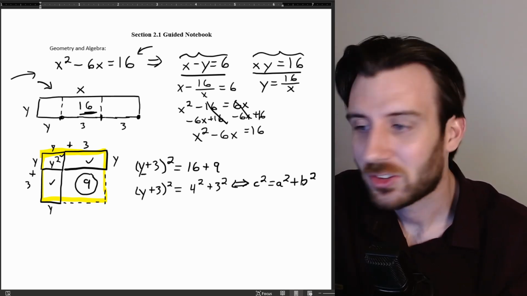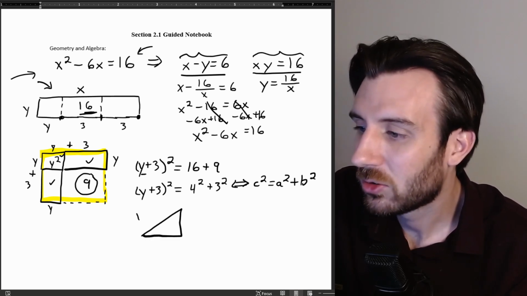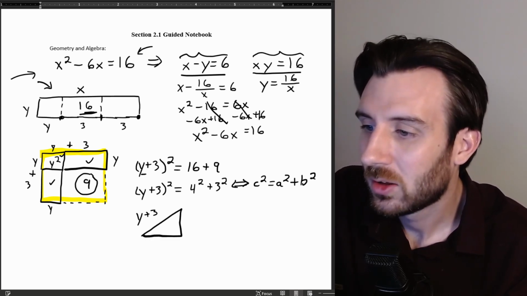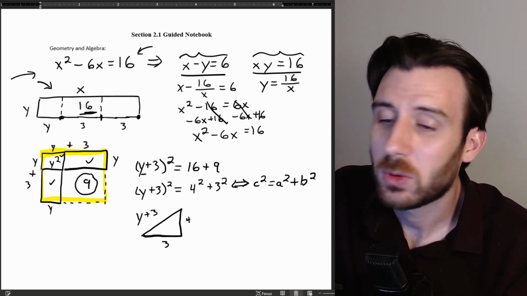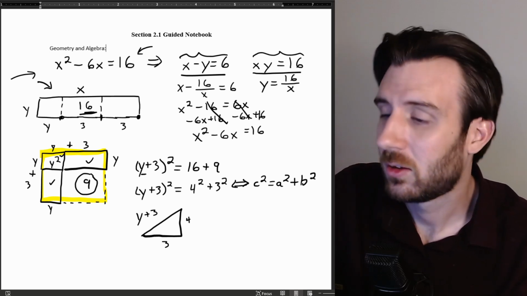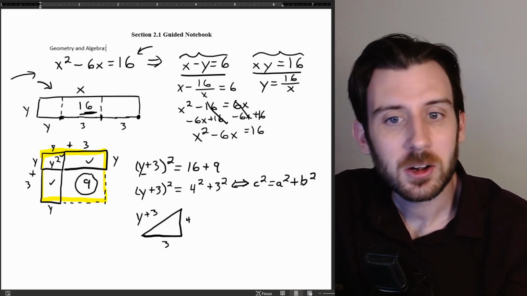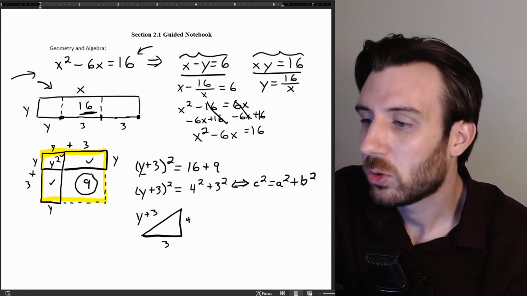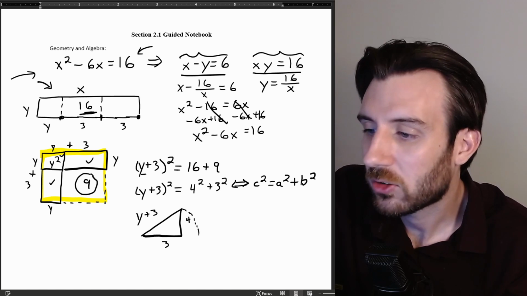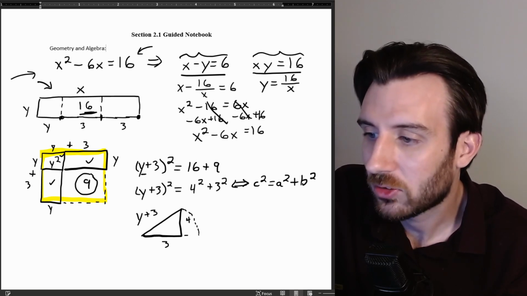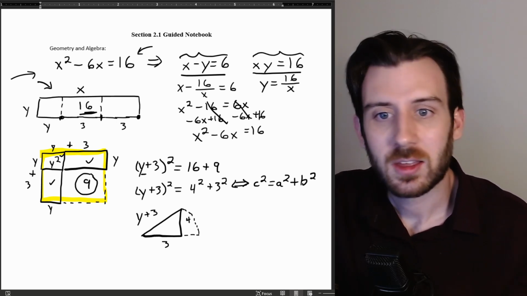We could think of this as a right triangle whose hypotenuse is y plus 3, who has one leg that is 4 units long, and another leg that is 3 units long. Okay. What can we do from here? Well, what we could consider is that if I was to take my little y plus 3 side, and draw it as a circle where I brought it all the way down to the same line as here, that would mean that, similarly, I would have to have,